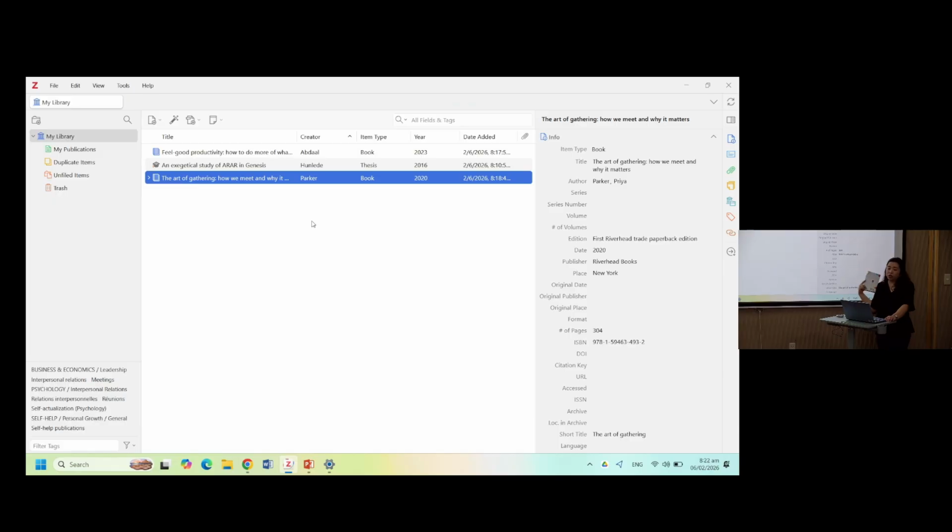So as a user, you have to review whether the information it generated is complete and correct. Of course, Zotero is just a tool. It's not a one-time thing. The only thing it helps you with is gathering your resources. But of course, we have to do our part to review it.